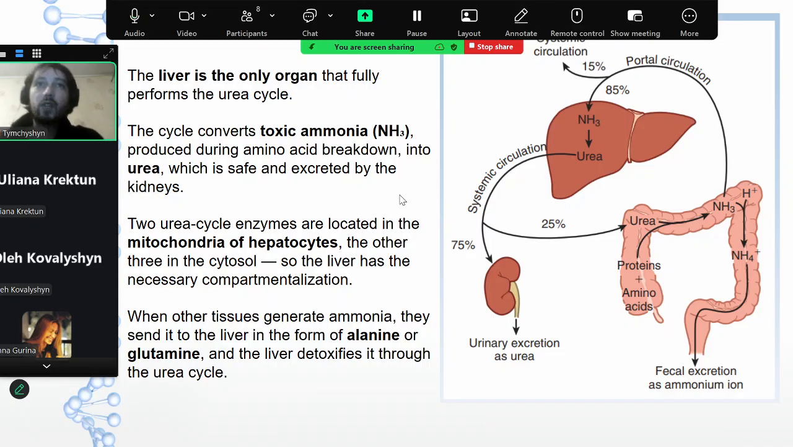Now, what else? Two urea cycle enzymes are located in mitochondria of hepatocytes, and the other three in the cytosol. So the liver has the necessary